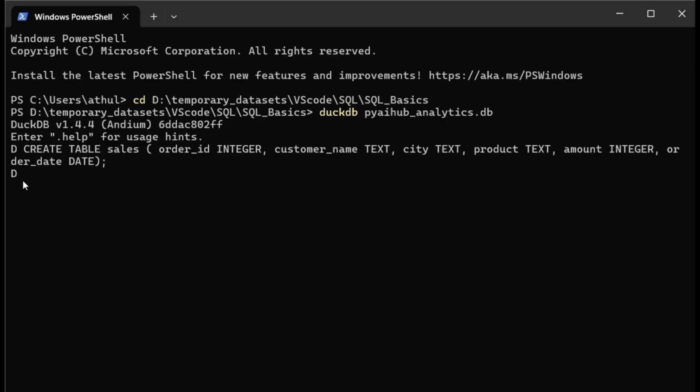Okay, now we are going to insert values into it. For that, how many values do we need? We need an order ID, customer name, city, product, amount, and order date. Okay, now we are going to do that. First we give insert into the table, the name is sales, values. Here we start with 1, then the customer name is Arun,